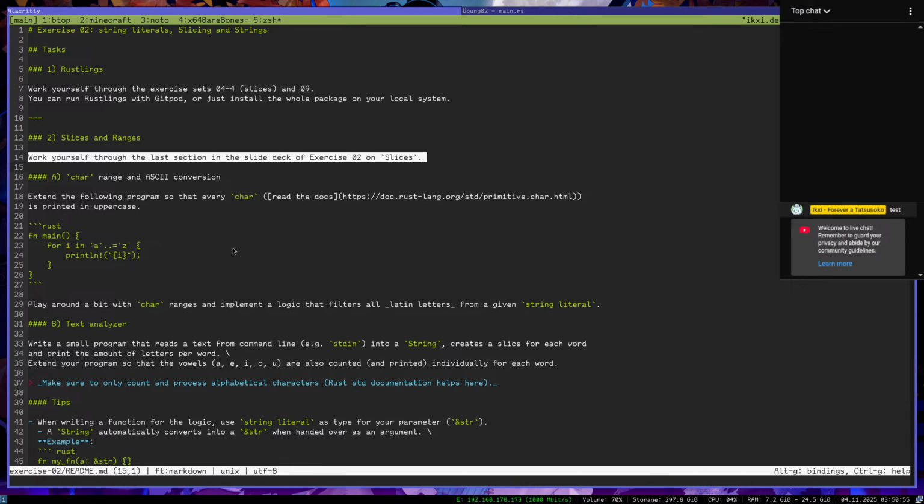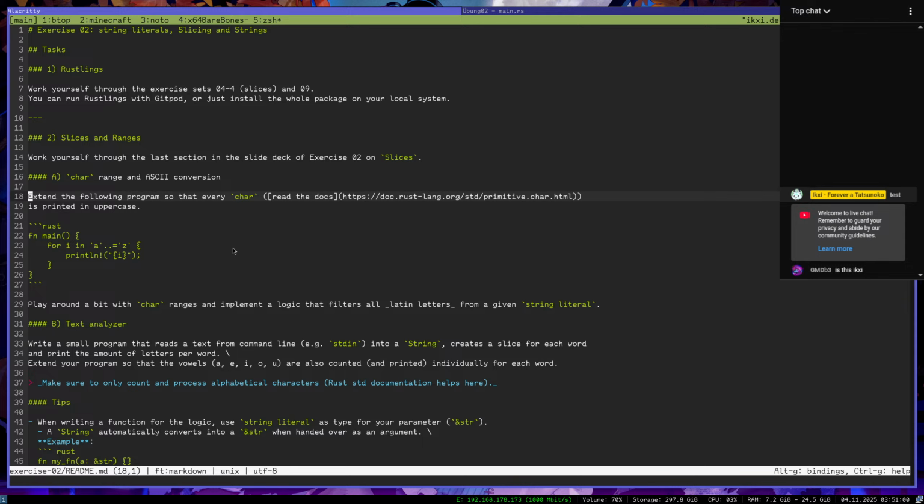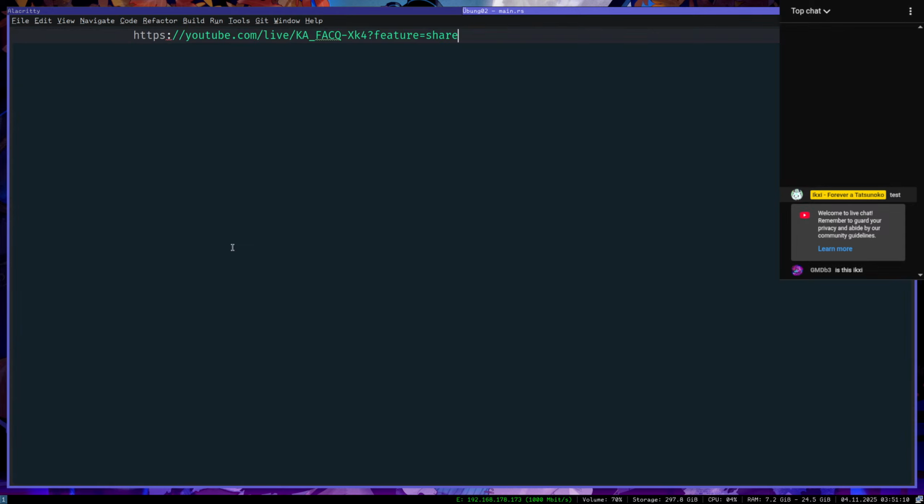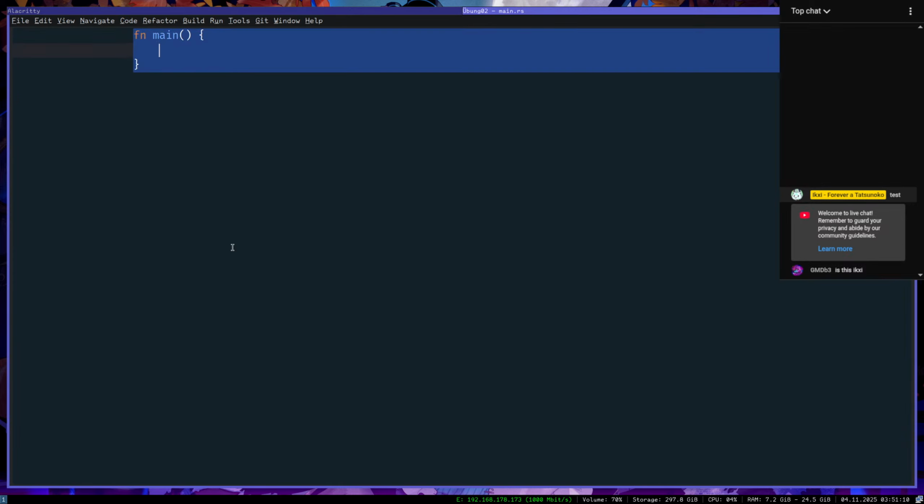Read a char range and ASCII conversion: extend the following program so that every char is printed in uppercase. Can I just copy it? No, I cannot.